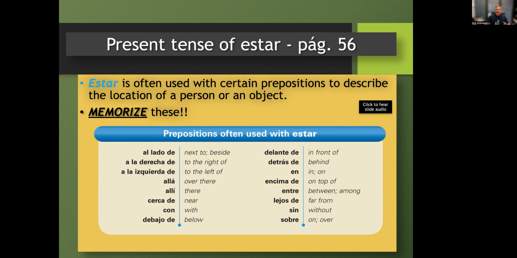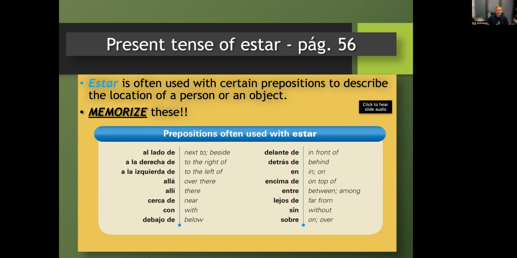So allá and allí. Clase, repitan. Cerca de. Near. Con. With. Debajo de. Below. Delante de. In front of. Detrás de. Behind. En. In